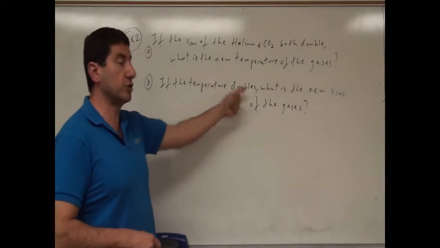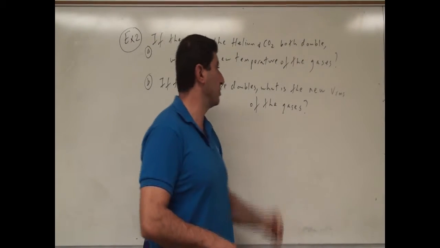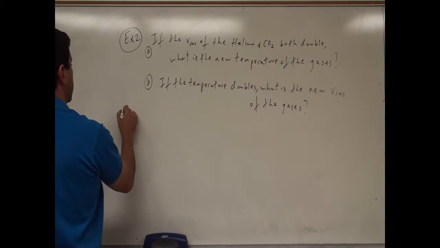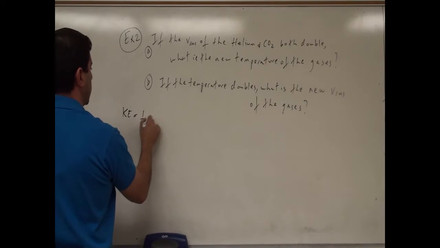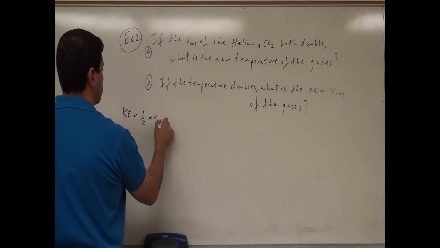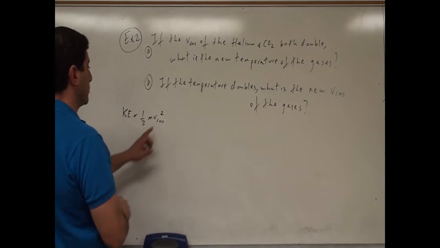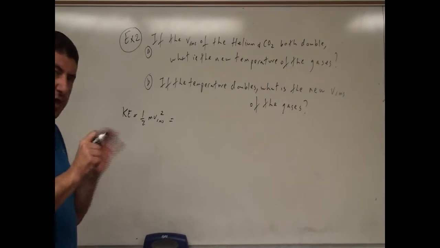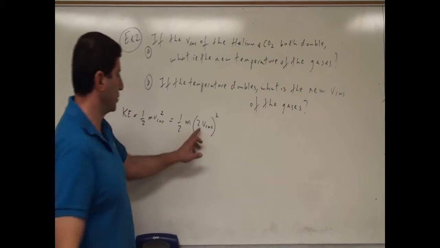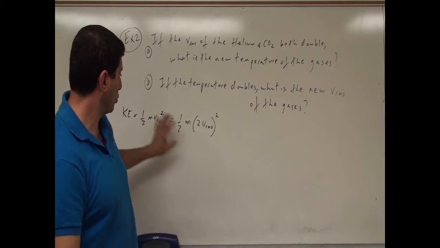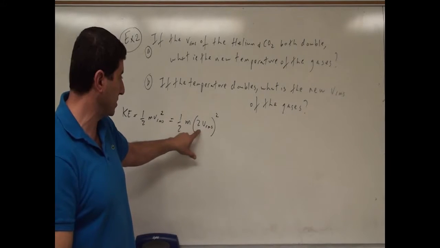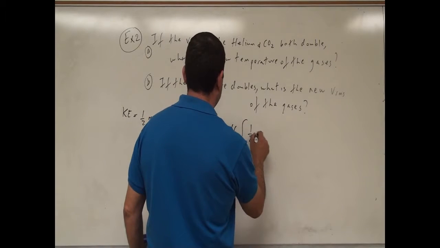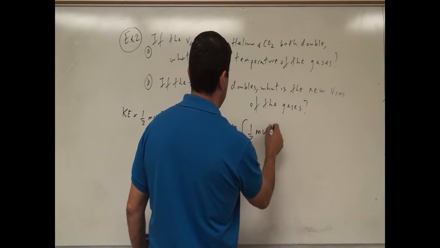B says if the temperature of the gases doubles, what is their new root mean square? So here we're doubling the root mean square, so we have kinetic energy equal to 1/2 m v root mean squared. If the root mean square is doubling, what's happening to the kinetic energy? This is more like a ratio problem. We can write 2v root mean squared. All we're going to do is double the root mean square, and then if you square the double, you get 4 times 1/2 m v root mean square,